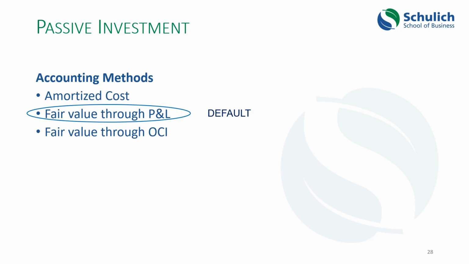And it will do this for fixed term investments, such as investments in bonds, but it's not going to do that typically for shares that go up and down randomly in value. So that leaves the two fair value methods. And if the company knows that it's going to be hanging on to the investment for a fixed period of time, then it may elect to account for those investments using fair value, but recording the difference in other comprehensive income.